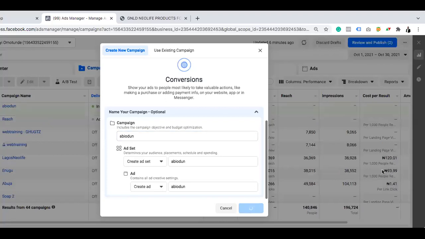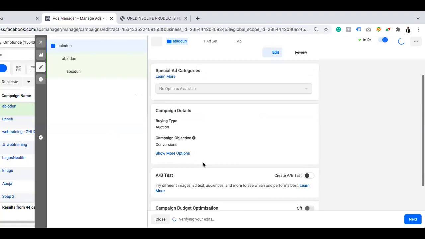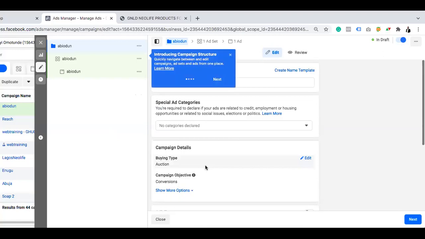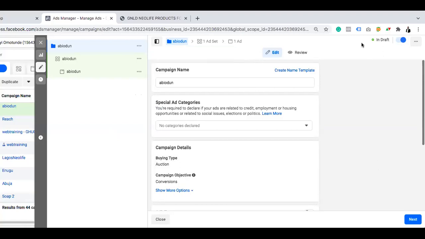Some people that do this kind of ad get their account banned because they want to use a product that can cure. You see that word cure, automatic strike. You are gone. So I'm not going to use anything like cure here. So I've already named it Abiodun, so instead of going next and putting Abiodun on asset level and ad level,